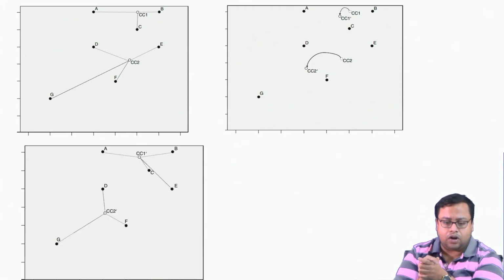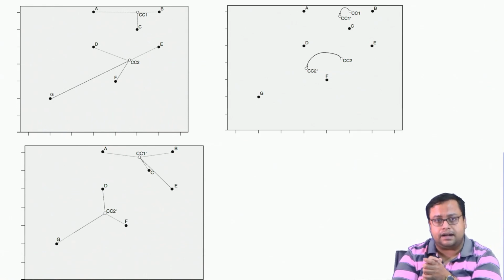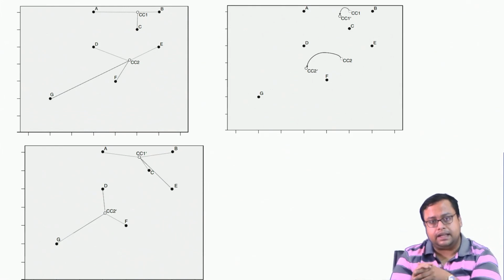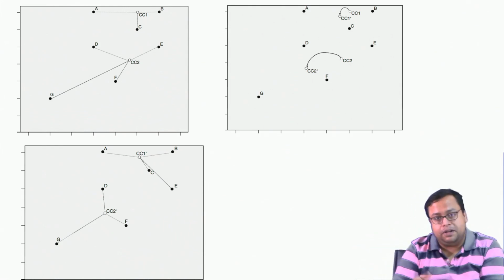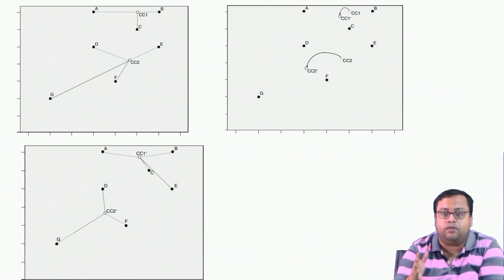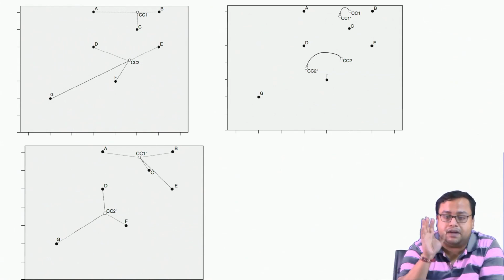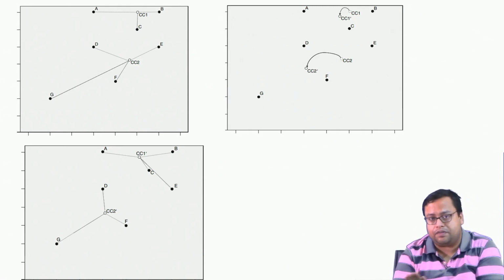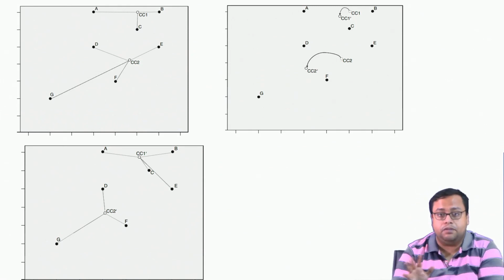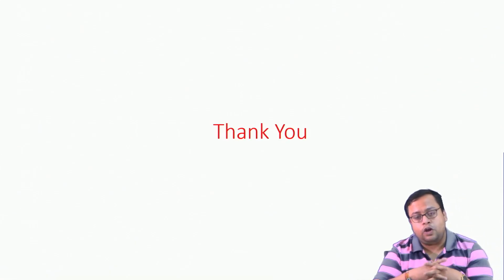And I see that all of a sudden this E guy has come to CC1 instead of CC2. So, that is something that I keep on repeating, and I check where it will become stable. The place where it becomes stable, that is my final segmentation. If I keep on doing that, at some point of time I will reach stability, and those will be my segments. Now, a segment will be a good segment only when it is stable over all these 3 methods that we have discussed.